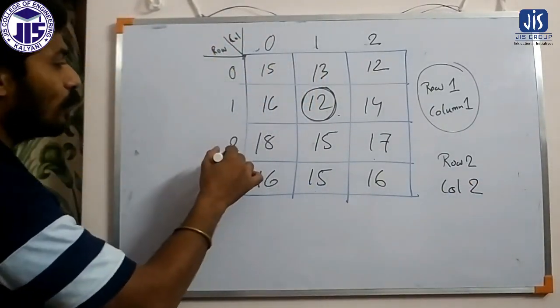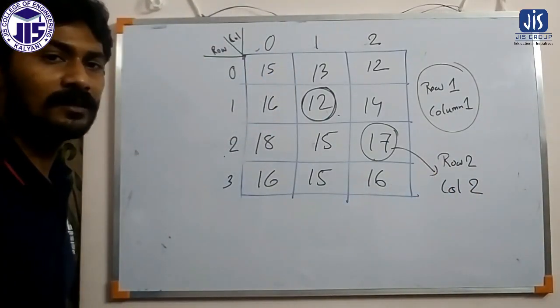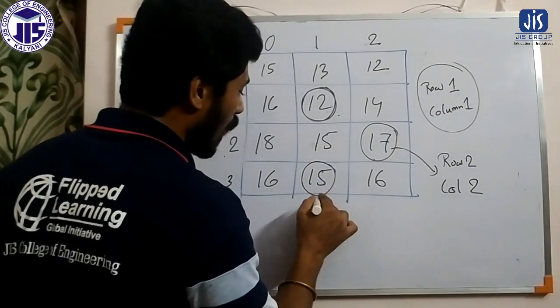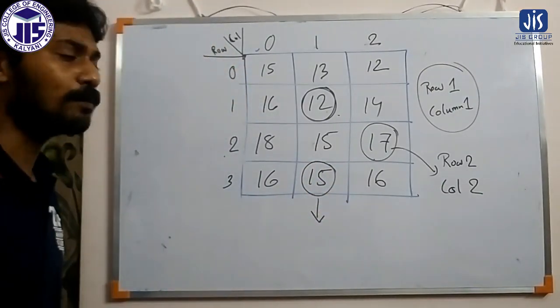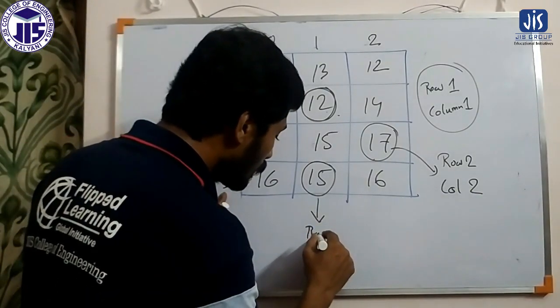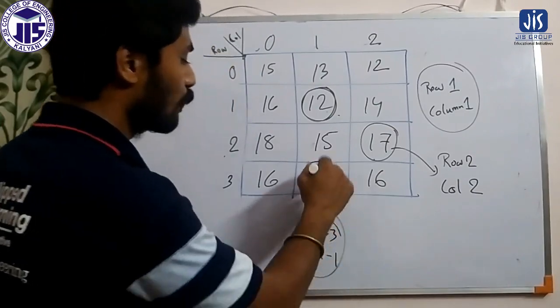Okay, so we will go to row 2 and column 2. This is representing 70. So in that way, both are known. If I ask what the position of 15 is, how will you represent this? What is the position of 15? Then the answer will be row 3 and column 1. So this will be the answer for this element.